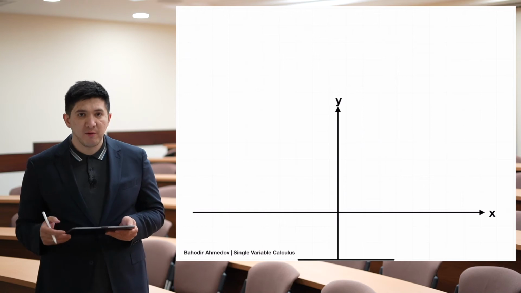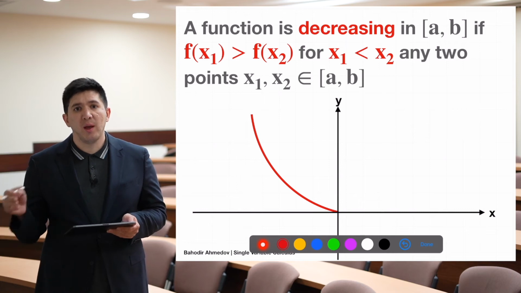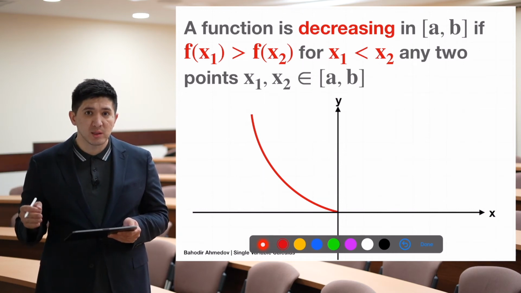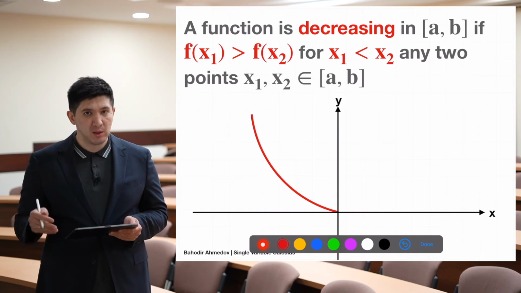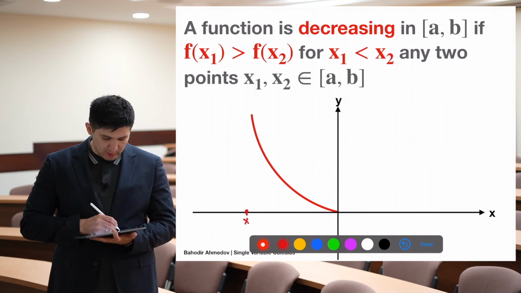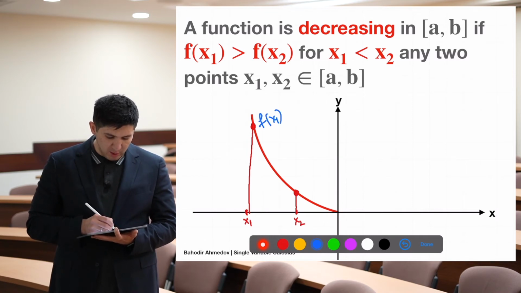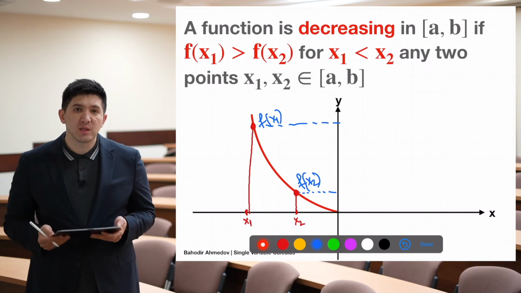Similarly, the function is called decreasing if for any two points from this interval, x1 and x2, where x1 is smaller than x2, f of x1 is bigger than f of x2. Essentially, I can choose any two points, for example, here x1, and here I can choose x2. If I find the height of the function here and here, f of x1 is going to be bigger than f of x2. This is the height of the function. So this is what is called a